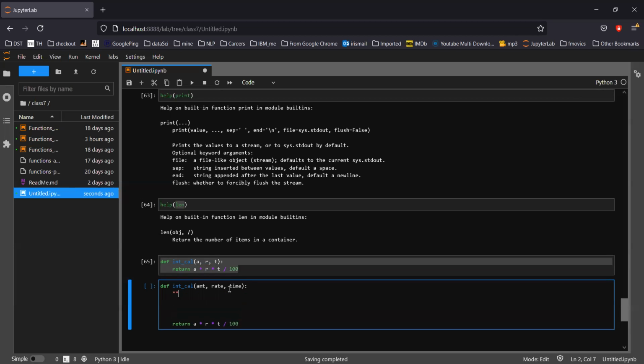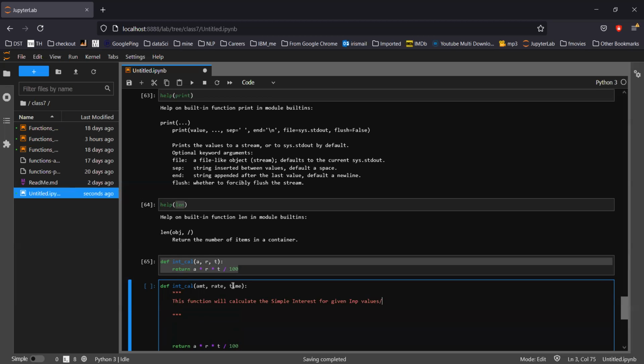Now I'll write a docstring. This function will calculate the simple interest for given input values.